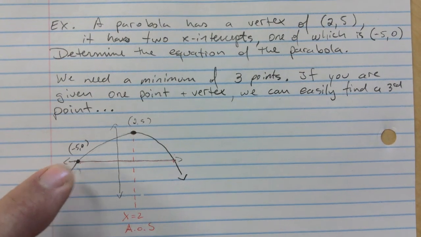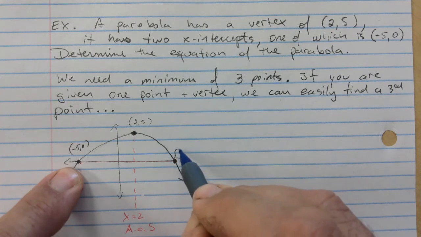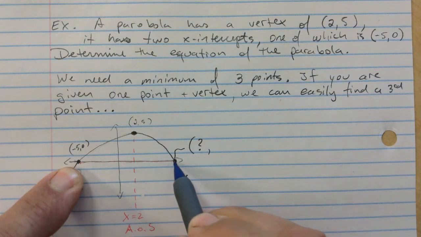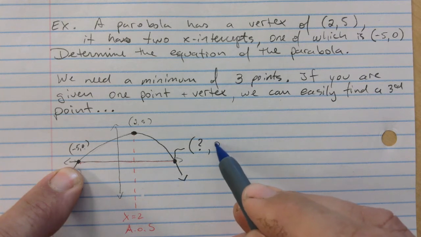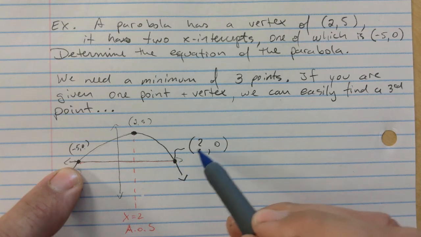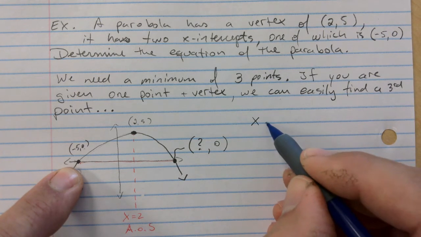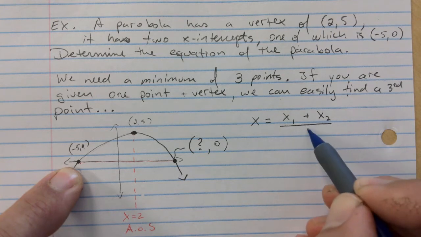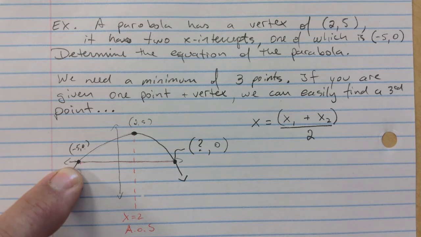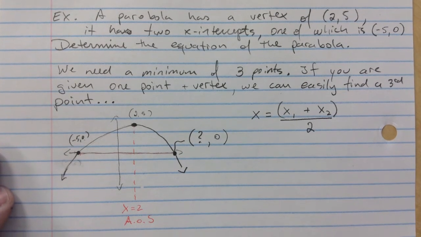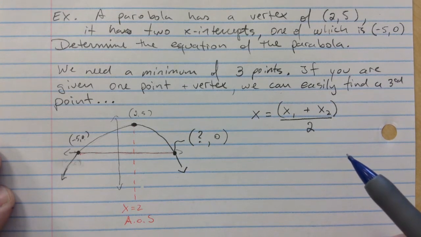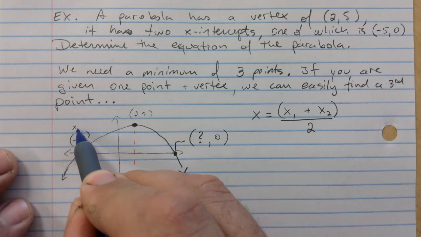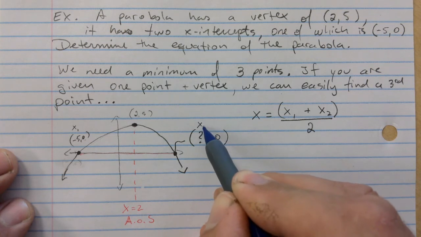So this point right here, what we do know about this point here is that we have no idea what the x value is, but we do know what's the y value at that point. It's going to be the same one as your first point. So this is the 0. Okay. So we're going to find this value using, I don't know if you remember, the axis of symmetry formula that I gave you, you take x1 plus x2 and you divide that by 2. So we call the first point here is going to be our x1, and this is our x2,